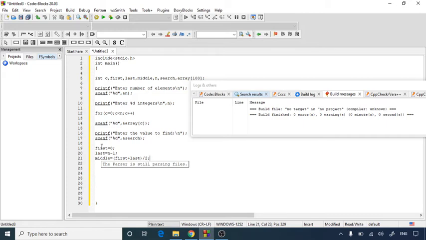So we have written this. Now I'm using a while loop, while first is less than or equal to last.